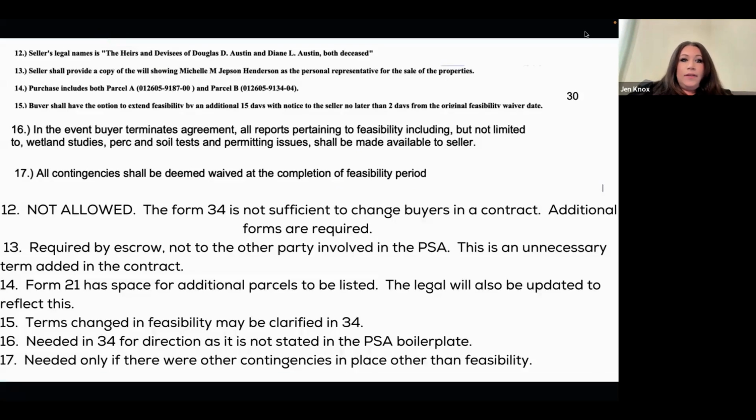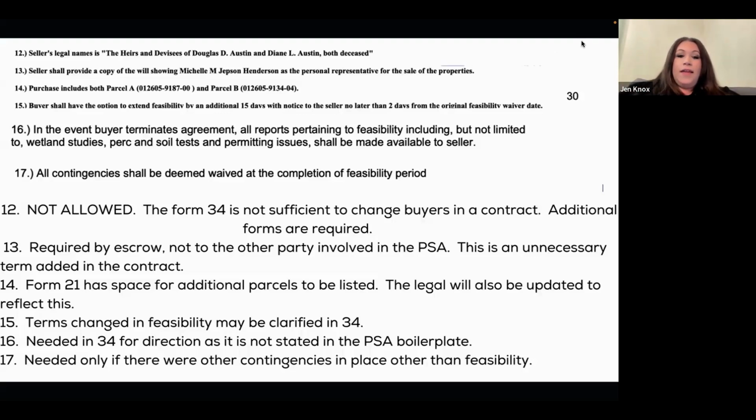Now, a seller's name. We need to have a very, very long name that likely doesn't fit into the lines above. Now, if the name was already in there, but partially, it is definitely allowed to be expanded in a Form 34. However, if the seller's legal name or the buyer's legal name is not what is in the purchase and sale agreement, if it's changing, if it said, Joe and Joe Smith